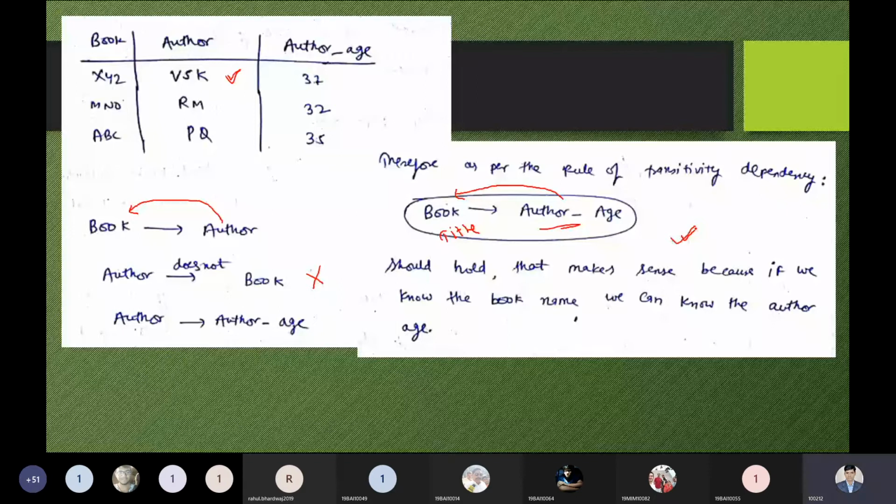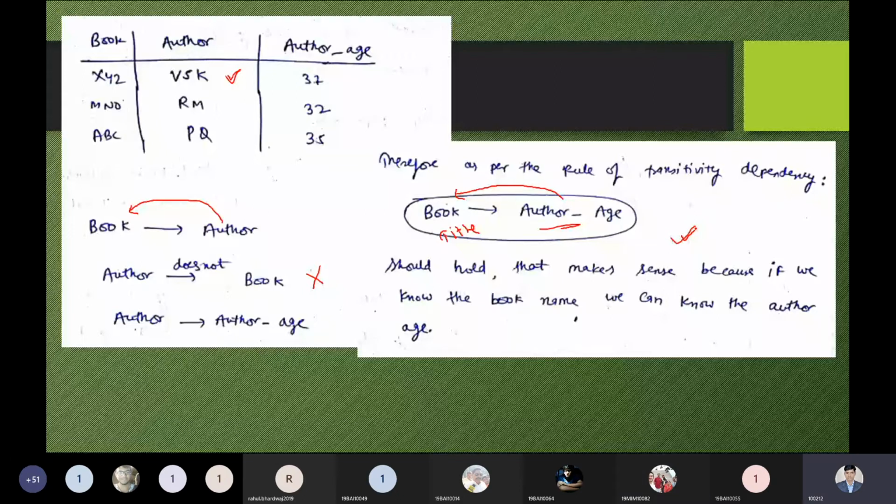Any student who has any idea about a transitivity dependency example can also share your example right now. If you are thinking that we can explain this by a transitivity dependency example, please share. Any student who wants to share any example right now? Just please tell me yes or no. So I will continue, or I will wait for your answer as well. Please tell me. Continue, sir. Go ahead, sir. Okay, good.